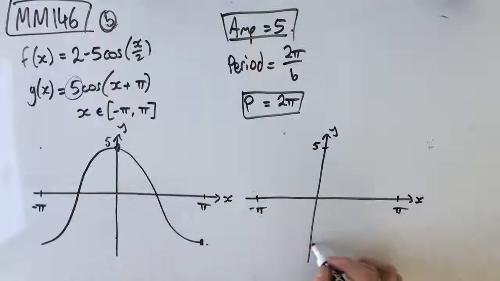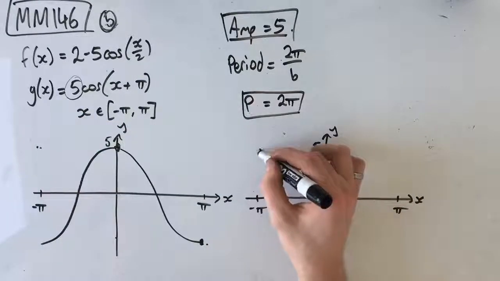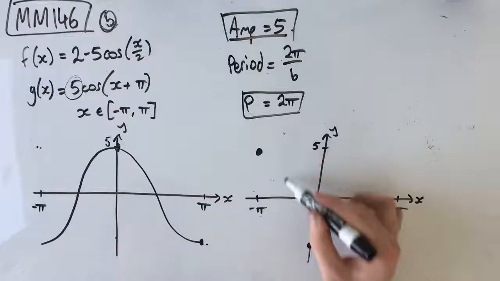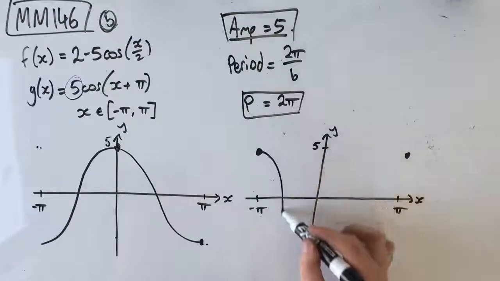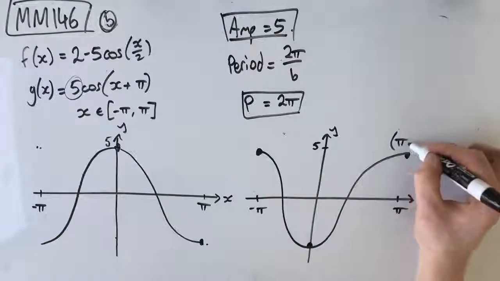This point here is moving here, so we're going to go through here, and this point here is going up here, which means we're starting up here. This is all symmetrical, which means that this is going to come down like this and back up to here, which means that our graph is going to look something like this. That's a little flat, but that's okay. That's all good. Our endpoint is pi, 5